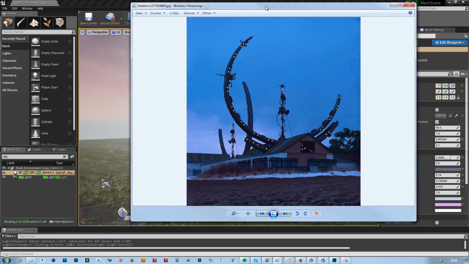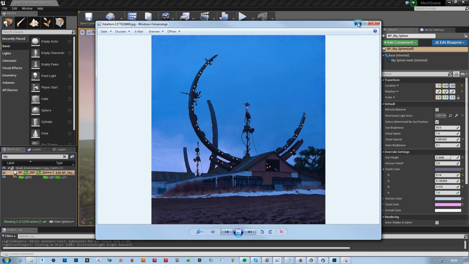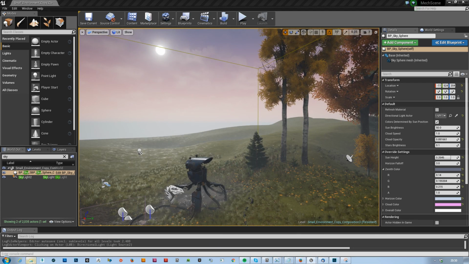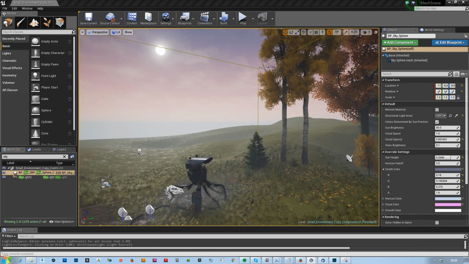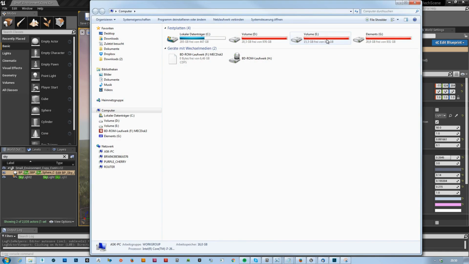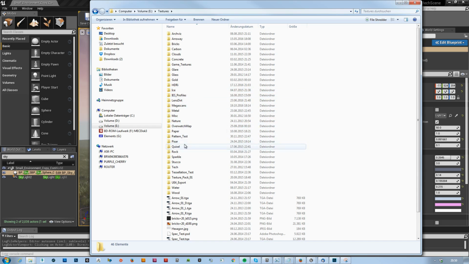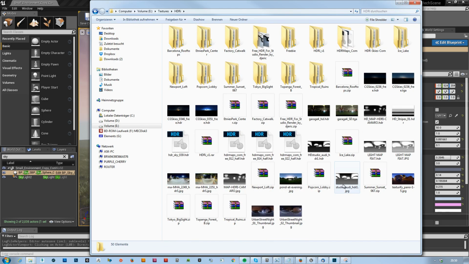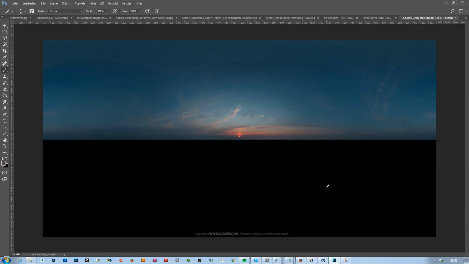Actually, I think we're going to do this, because if you lay down your foundations in a very good way, it really helps achieve the results in a better way than just trying to make something work that is not really good from the beginning. So I know that I have tons of HDR images over here, and I also know that I had a sky like this that would work very, very well